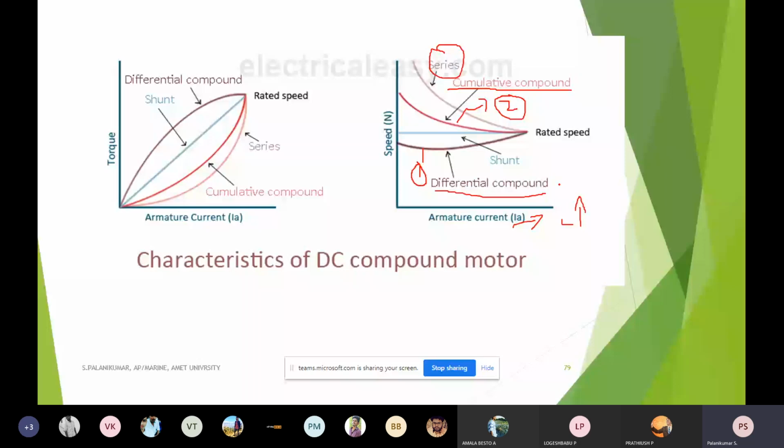Out of these three different configurations we have seen, one is the series motor, another is the separately excited or shunt configuration, and the third is the compound motor. Out of these three, we preferred the series motor, or otherwise we can have two different motors simultaneously. When the starting torque is needed, we can engage the series motor, and afterwards we can switch the propulsion from one motor to another. That is also very well possible. So the next one is the induction motor.